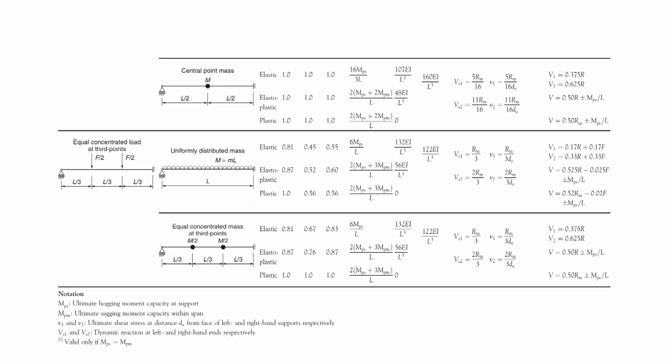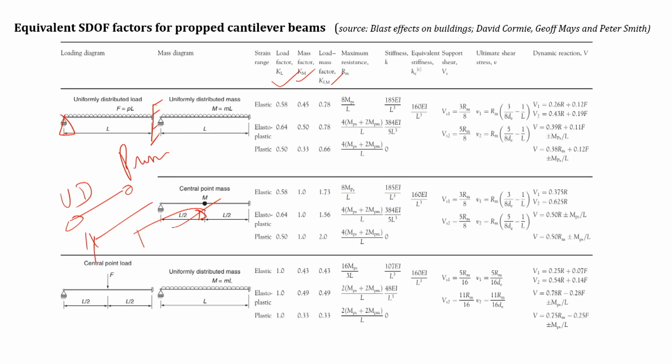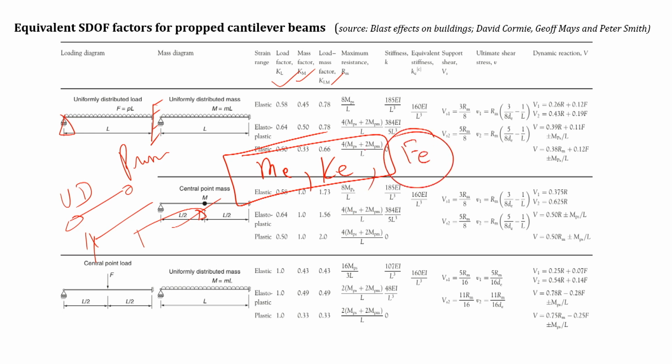The same things follow. All these charts have been prepared for different boundary conditions and for when the system is subjected to different cases of blast loading. Keep one thing in mind: the equivalent mass and the equivalent stiffness are not going to change depending upon the nature of the external loading. The only thing is that the treatment of Fe might change.